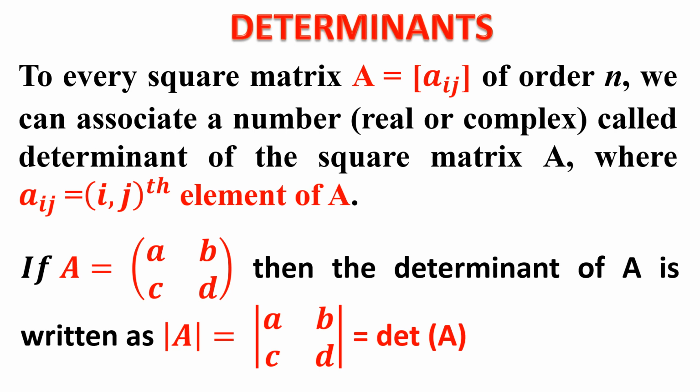Now you have to be very careful with the difference between the symbol for matrix and determinant. Matrix also will be expressed in an array with rows and columns. Determinant also is expressed in rows and columns, but matrix is represented inside a bracket. It may be a square bracket or it may be a simple bracket, but this determinant is expressed inside the determinant symbol only.